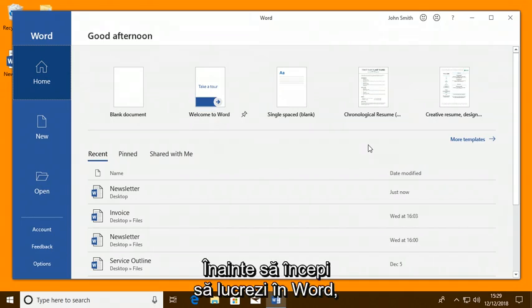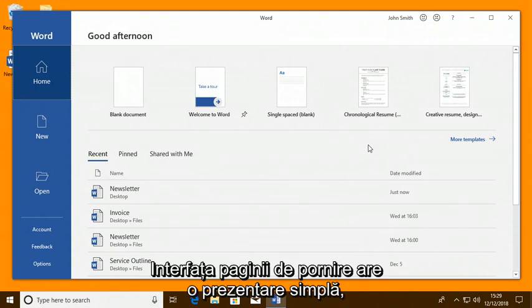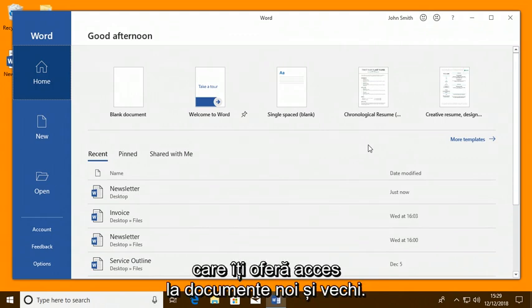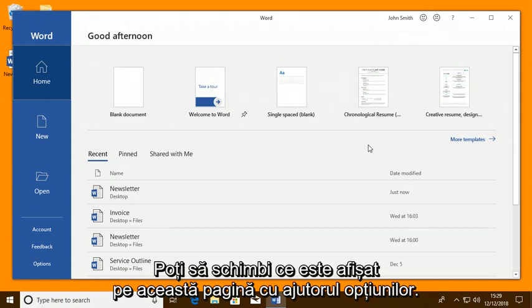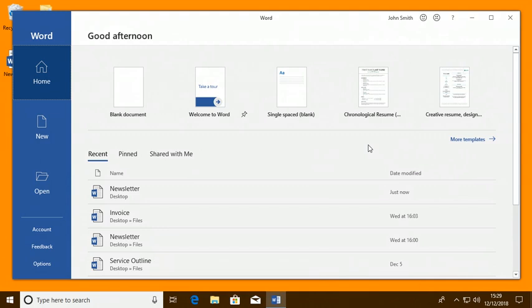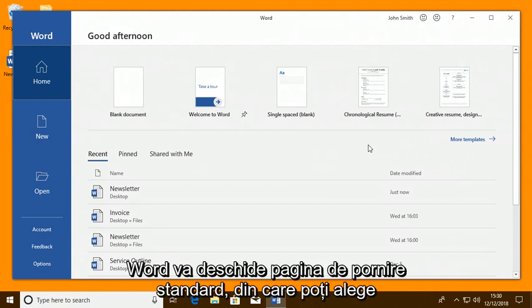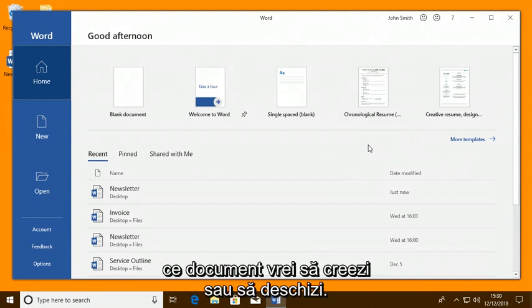Before you begin working in Word, you need to either create or open a document. The Start Page interface has a simple layout giving you access to old and new documents. You can also change what gets displayed on this Start Page through the options. Word will open on the default Start Page like so, where you can choose what document you want to create